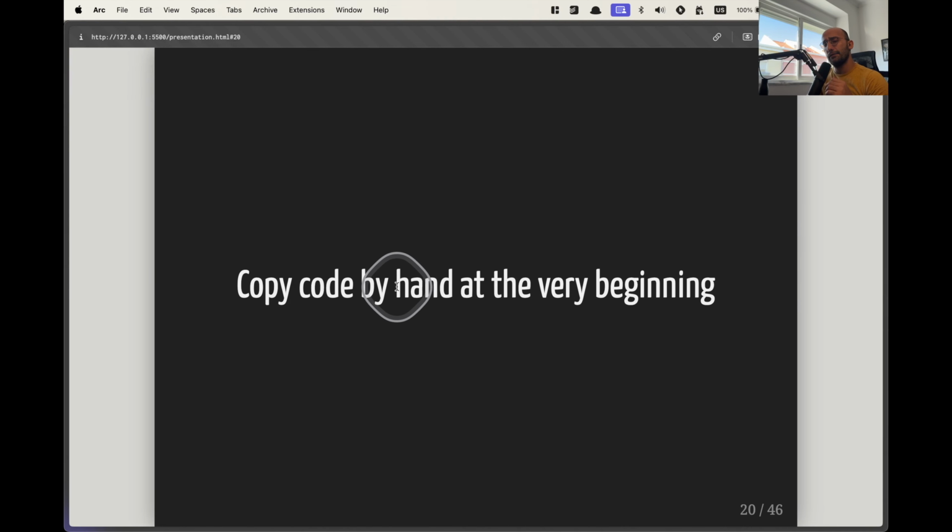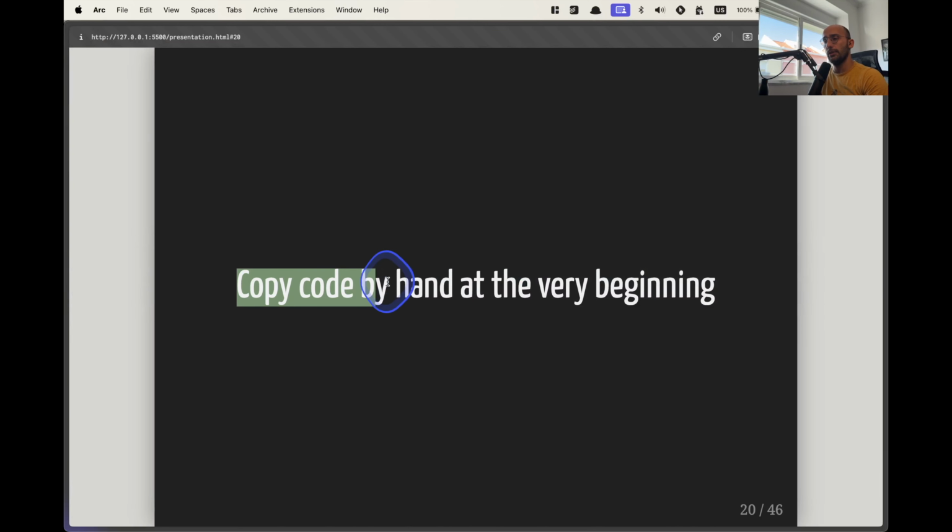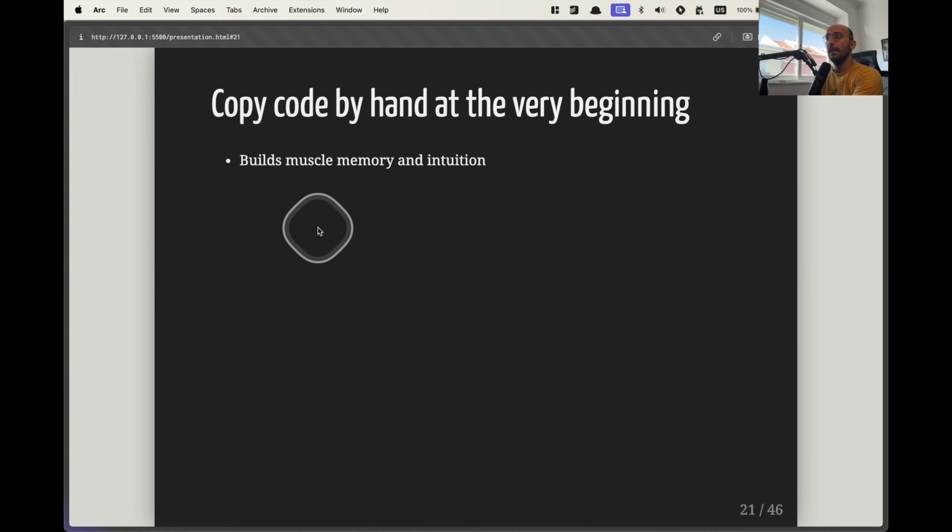Now, this is going to be kind of unintuitive, I think, for some people. And folks, this is not necessarily something that I think is an absolute imperative. However, I do find it quite useful when I don't know how to program in a language, but I'm using AI to help me get started, to start by copying code by hand at the beginning. What does that mean? Instead of just doing this frenetic copy pasting, even if you're using something as advanced as Cursor that does all the copy pasting for you, and you're just acting as a supervisor of big chunks of code, I find it extremely useful to build intuition about a project, to copy code by hand at the very beginning. All right, because that not only builds muscle memory for what's going on,